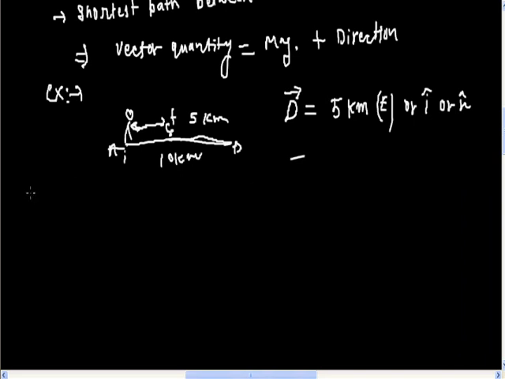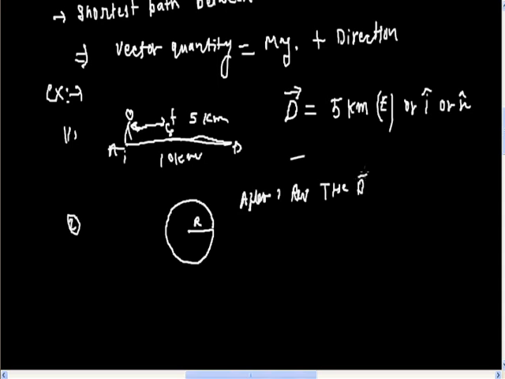Okay. Now we take another example. Suppose a person moves on a circular field or circular track of radius r. You have to find out the displacement after one revolution. Let's see. Again, we go to our definition. The initial point is here. After one revolution, it comes here again. The final position is the same, and the shortest distance between initial and final position is 0. Therefore, the displacement is 0.